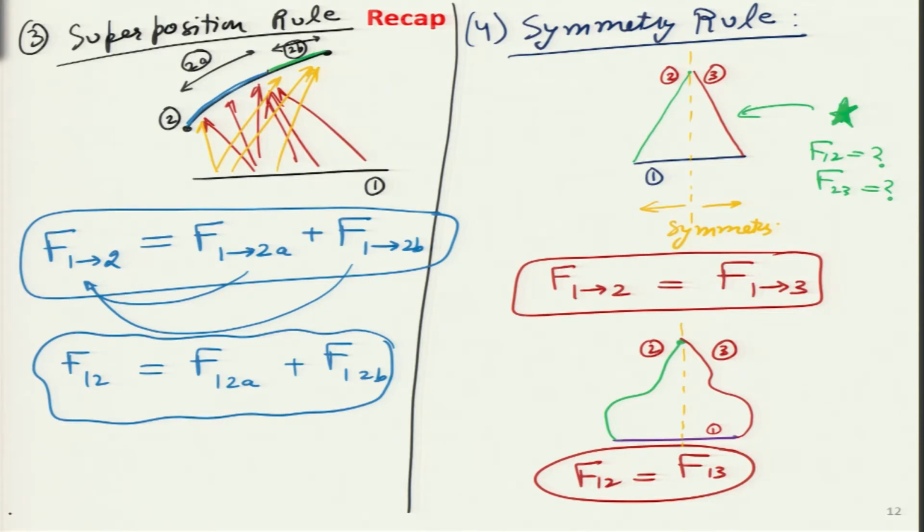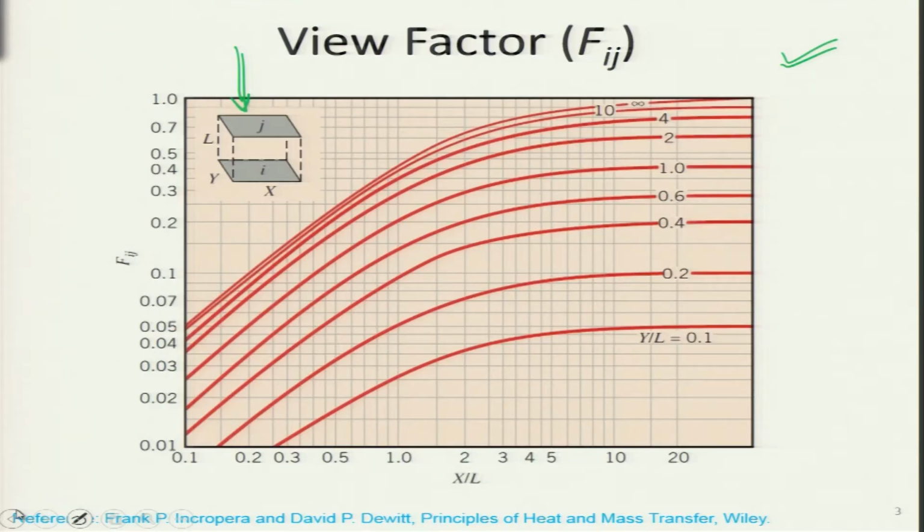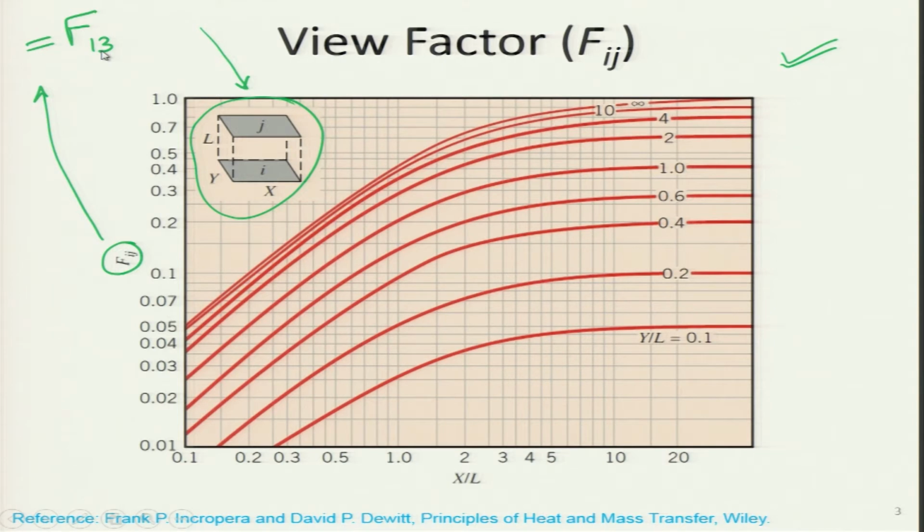So, let me go back a few slides. Now, we will look at that table in more detail that I had talked about in the beginning of today's class and also a little bit in the last class. Now we can recognize that this is the problem that we want to tackle. I am circling it in green color. Whatever the ij value is that we obtain will be equal to F13, because in our example we have called the bottom surface surface 1 and the top surface we have called surface number 3.